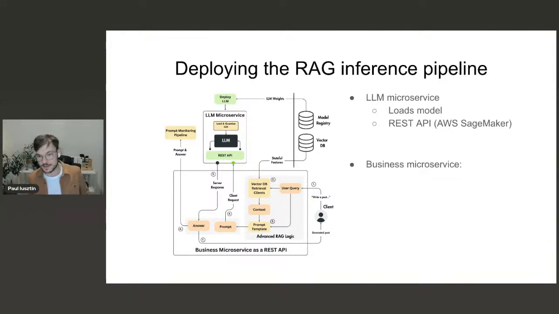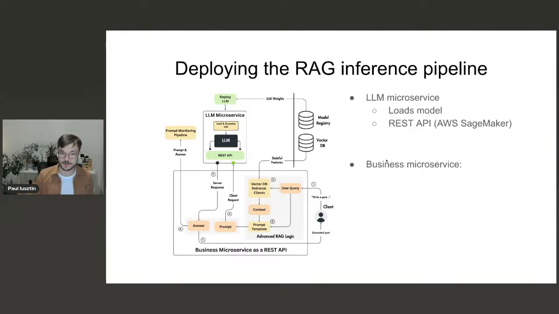And the second part is that the LLM microservice is really GPU dependent, and usually the business microservice is CPU and IO dependent. So let's take this example. Usually an LLM takes in client requests, and directly processes them with the LLM, which puts that data on the GPU, processes it, gets a response, and sends it away. You can do some dynamic batching to process multiple requests at the same time, but still it is GPU bound.